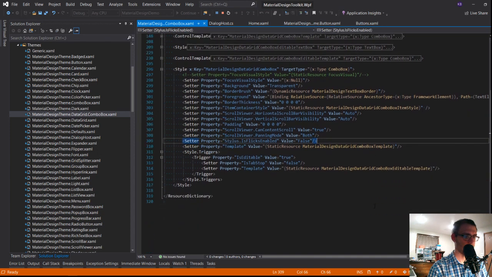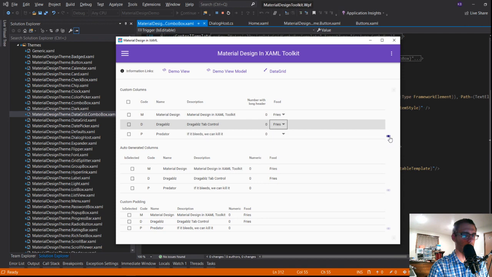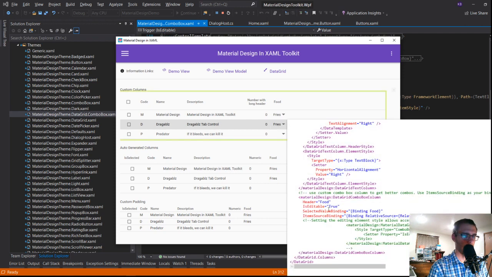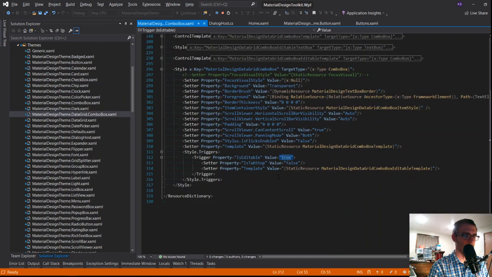This guy. Let's see. If is editable is true. So I think editable is true on this. Let's just double check. Is editable true? So for some reason that sets tab stop false.